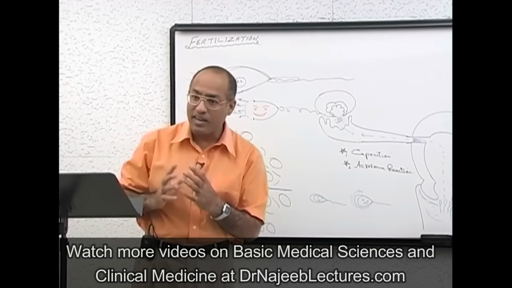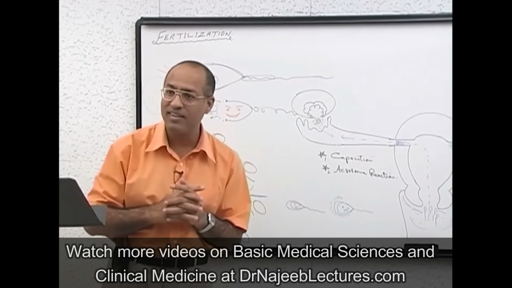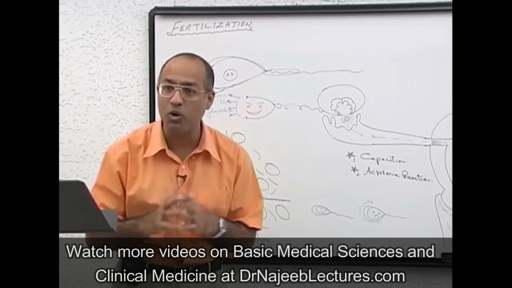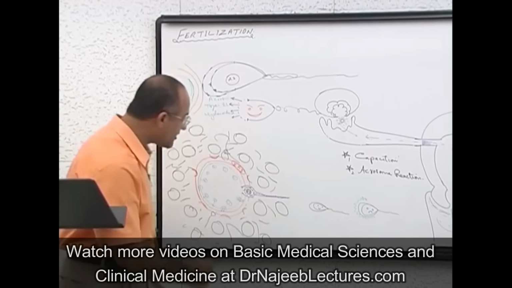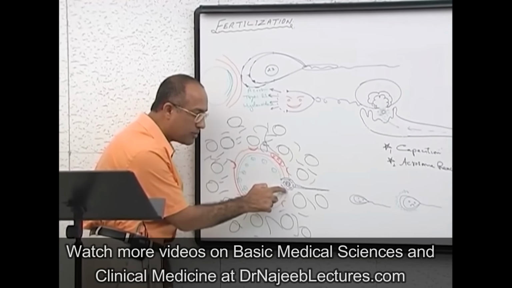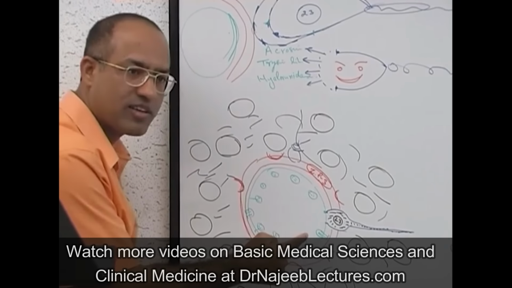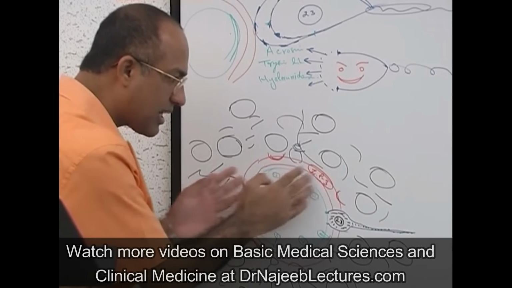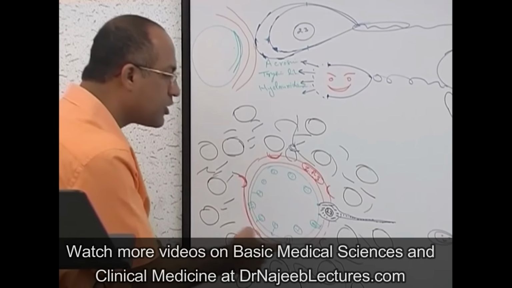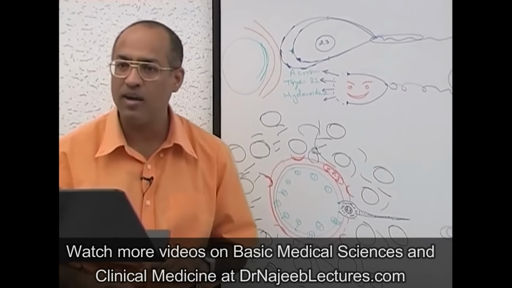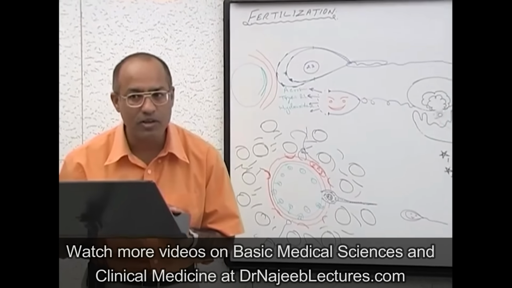You understand it? Ovum has a similar very feminine behavior. It does not want many sperm to come in. That will create real mess and havoc. Polyspermy and all the genetic number of chromosomes will be disturbed. So, as soon as the first sperm's membrane touches the ovum, the ovum undergoes cortical reaction. In cortical reaction, it releases cortical granules, and they release enzymes, and these lysosomal enzymes produce changes in the zona pellucida, and this reaction in the zona pellucida is called zona reaction.